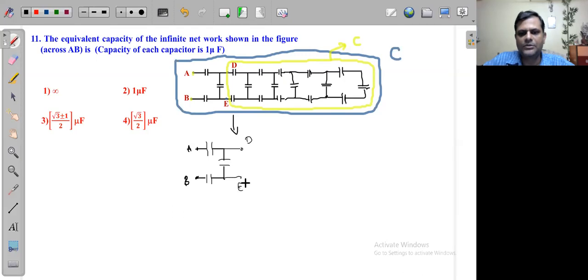Okay, तो अब देखो D और E के बीच में जो कैपेसिटेंस है तो वो C है, जो कि इक्विवेलेंट कैपेसिटेंस है ये पूरे कॉम्बिनेशन का, ठीक है, इंक्लूडिंग इनफाइनाइट कैपेसिटेंसेस। और A और B के बीच में जो इक्विवेलेंट कैपेसिटेंस है वो भी C ही है। तो अगर ये C है और ये वाला कैपेसिटेंस 1 माइक्रोफैराड का है, ये भी 1 माइक्रोफैराड का है, और ये भी 1 का है, तो ये पूरा सॉल्व करने के बाद हमको एक इक्वेशन मिलता है। देखो ठीक से, क्योंकि अभी सबसे पहले हम ये देख सकते हैं कि ये कैपेसिटर और ये कैपेसिटर, ये दोनों जो है वो एक्चुअली पैरेलल में बन रहे हैं, पैरेलल में है।